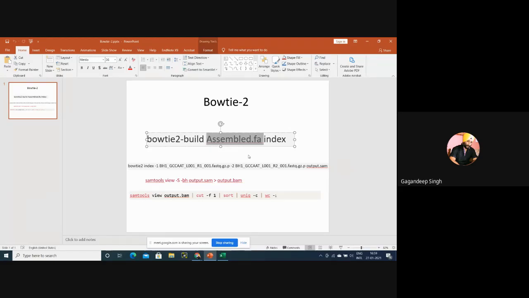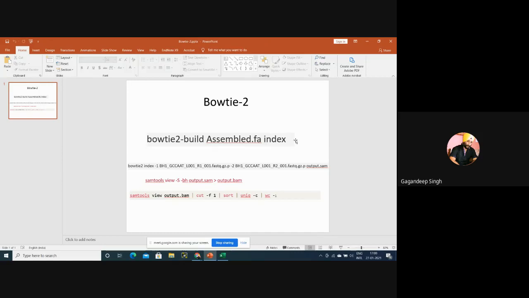Basically, what is the function of bowtie2-build? By the bowtie2-build command, we give the reference for the genes for which we are doing differential gene expression. It will build an index file for Bowtie 2. In this first step we have built the index for Bowtie 2 running, and we have built this index from our assembled file only. Okay. After this, we'll get 6 different files in our target folder. We don't have anything to do with those files; the index will be generated automatically in the folder.